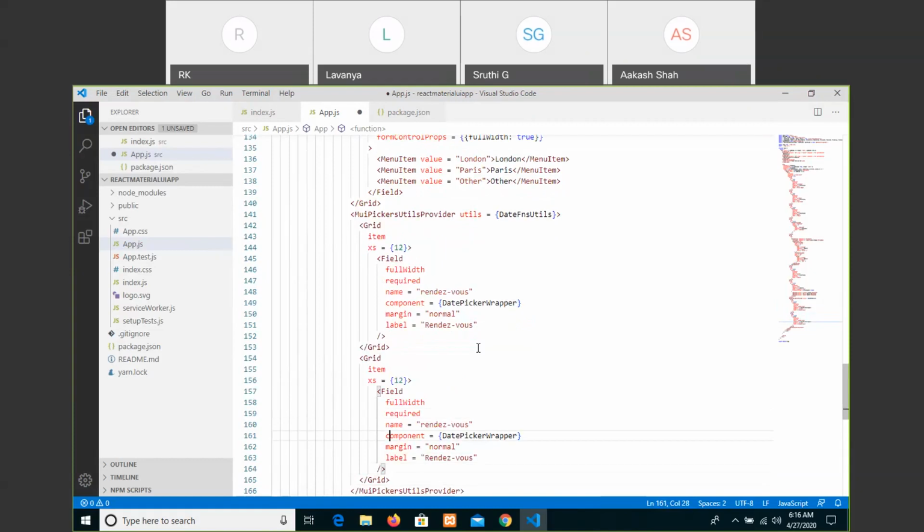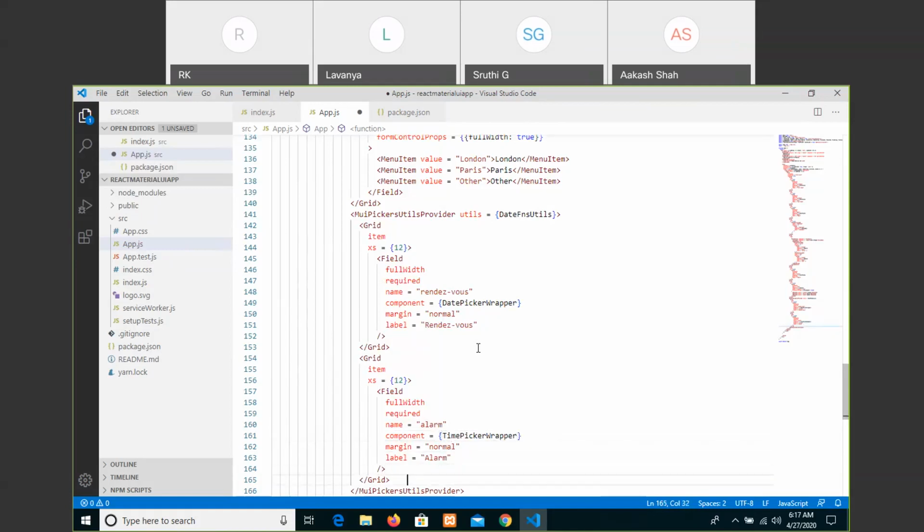Then let us write here something alarm. It's just a name, user defined. You can just change to anything else, and let us write here time picker wrapper.